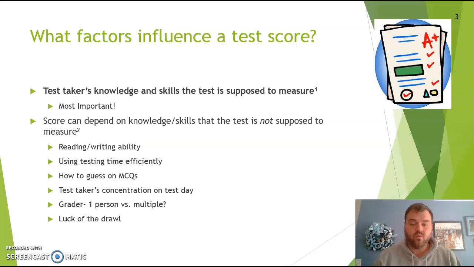So let's first talk about what factors influence a test score. The biggest thing that influences a test score is the actual test taker's knowledge and the skills that they possess, and specifically what the test is actually asking and supposed to measure. The second thing is that scores can depend on the knowledge and the skills that the test is not supposed to measure. This is things such as reading and writing ability, using test time efficiently, how to guess on multiple choice